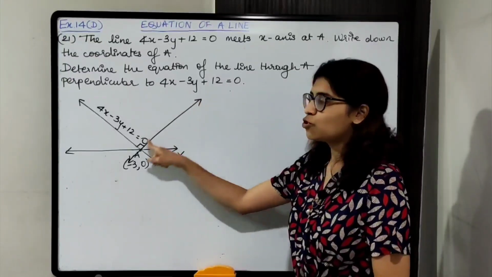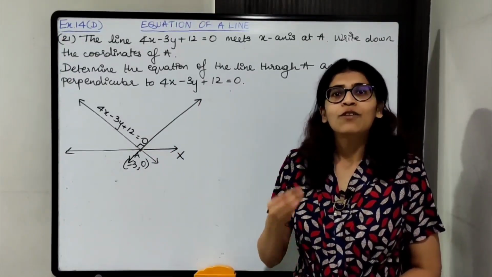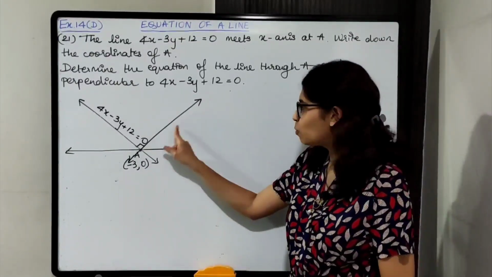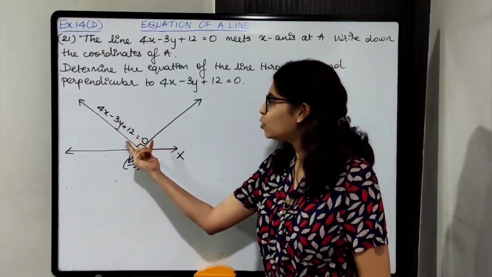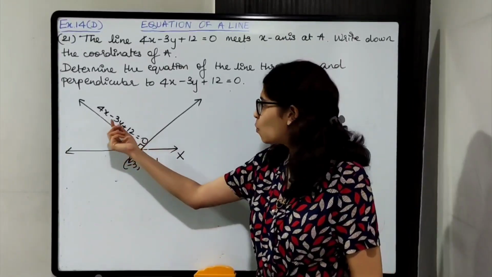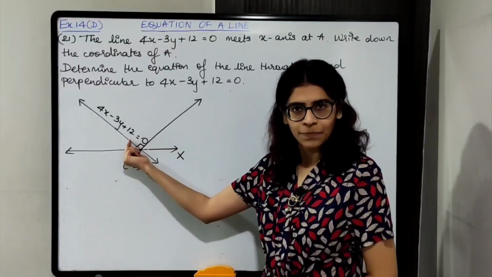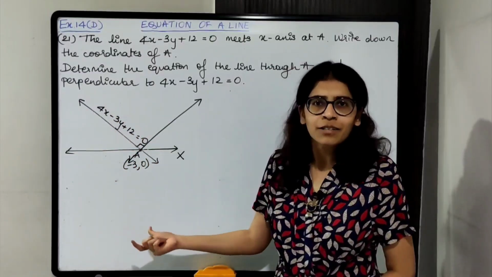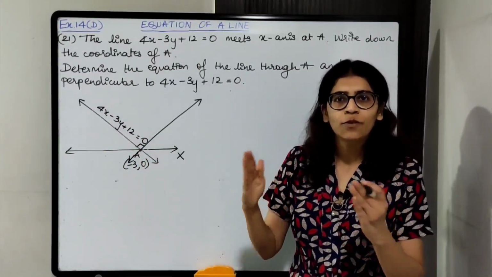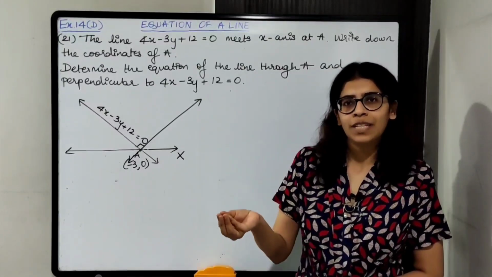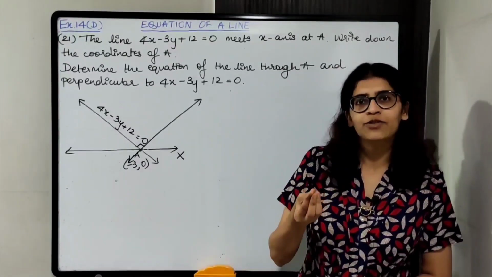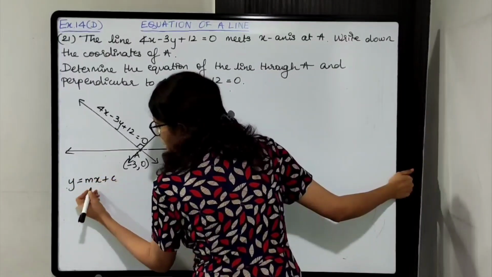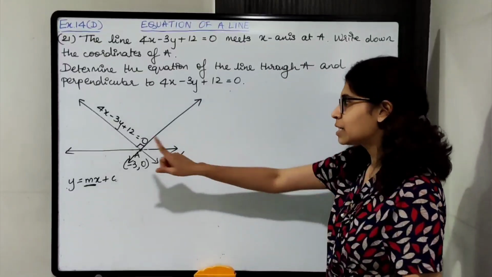ये line का equation क्या होगा? We have to find out. For equation, first thing that we need is slope. How will we find the slope of this line? We are told that the two lines are perpendicular. So whatever is the slope of this line, we can easily find the slope, है ना? Because we know the equation, so bring it in standard form, y equals to mx plus c. Standard form में लेकर आओ, you will easily get m, that is slope. Okay, coefficient of x जो होगा that will be the slope. So bring the equation in this form, compare करके you will get m का value, इसका slope मिल जाएगा.